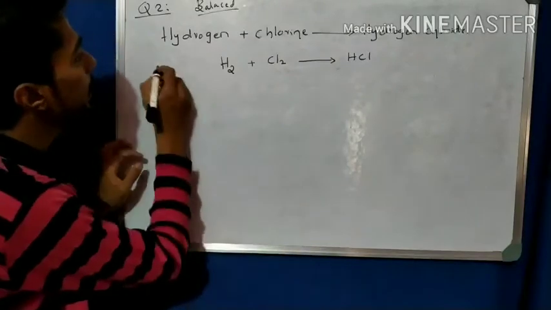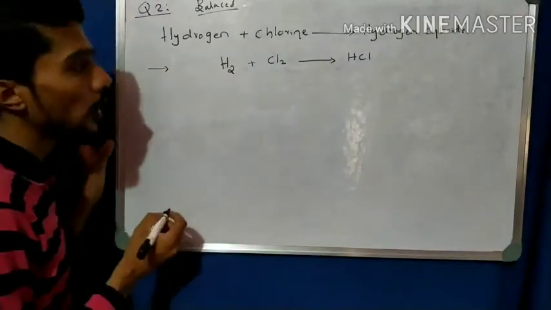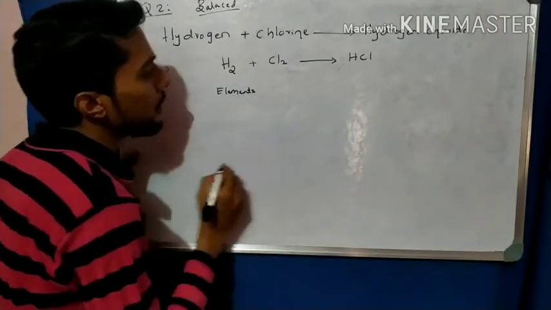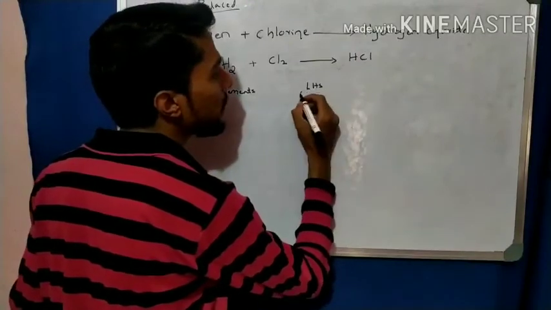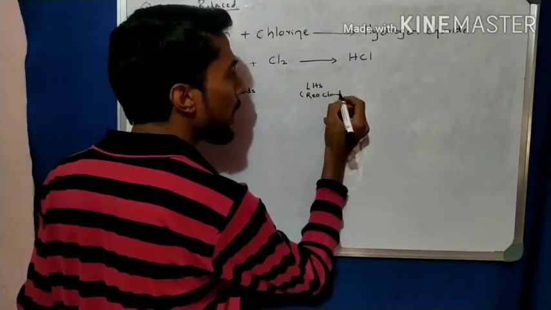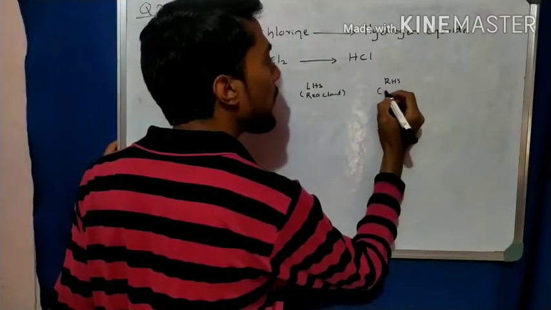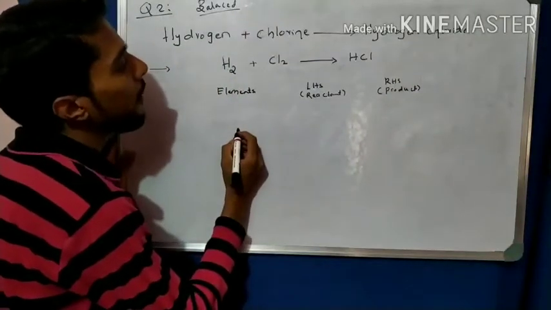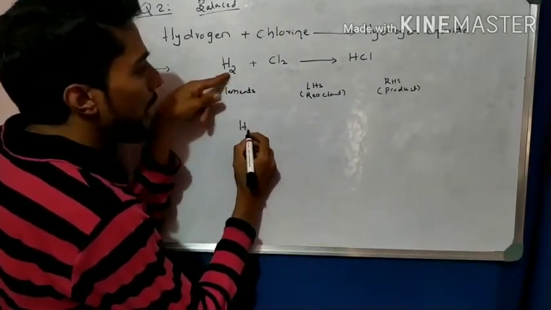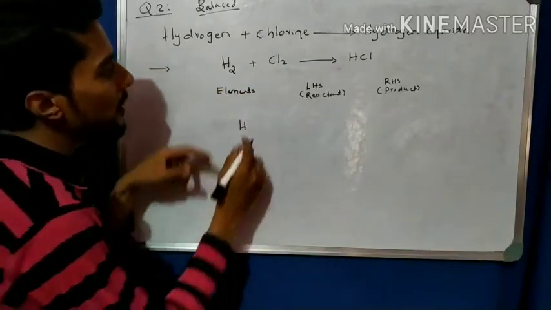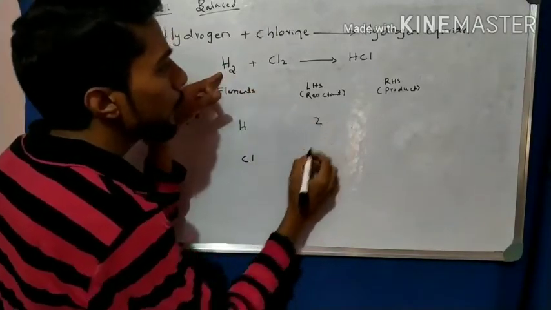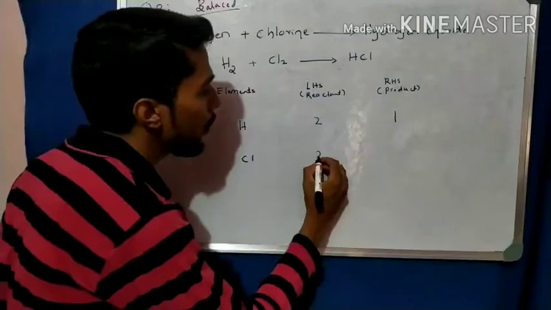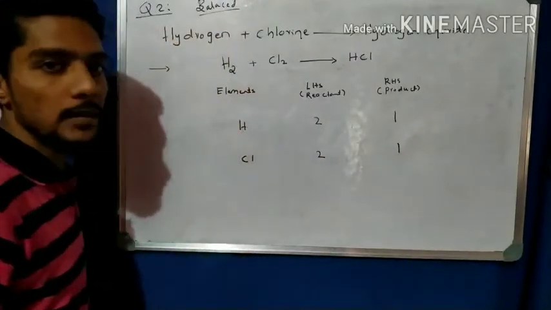This is the required chemical equation. So now we have to balance it. What is our method? Take the elements first. Then we take the LHS side, that is the reactant, and this is the RHS side, or in place of RHS we write product. Anyone may write LHS or product. So what elements are present here? Hydrogen is present, and chlorine is present. What is the hydrogen number in LHS? It is 2. Here it is 1. Automatically unbalanced. Now chlorine in LHS is 2, but here 1. So unbalanced, but very easy to balance.